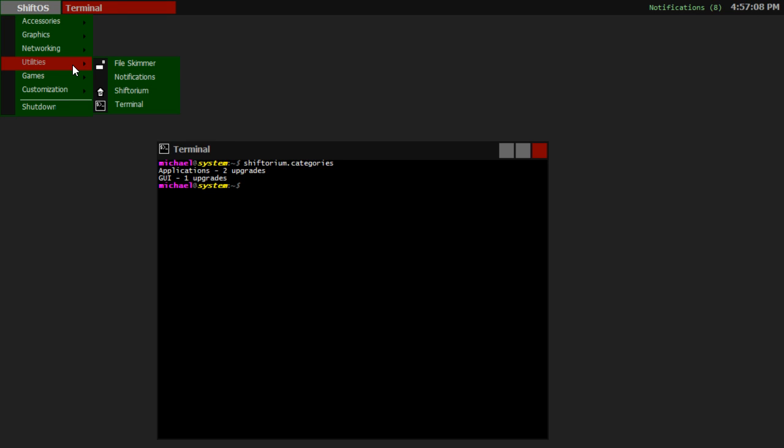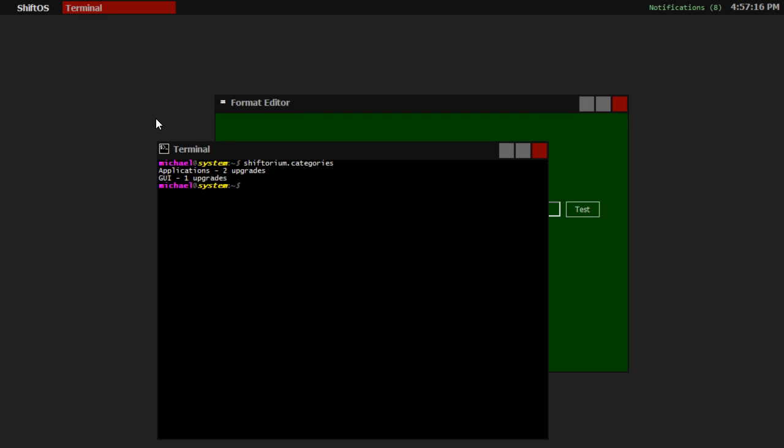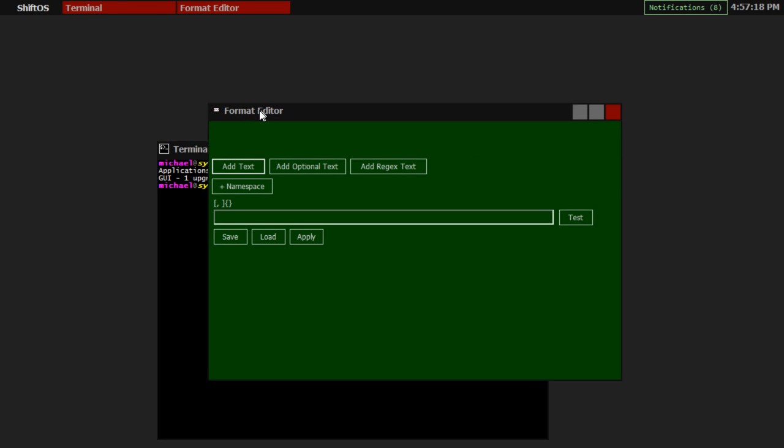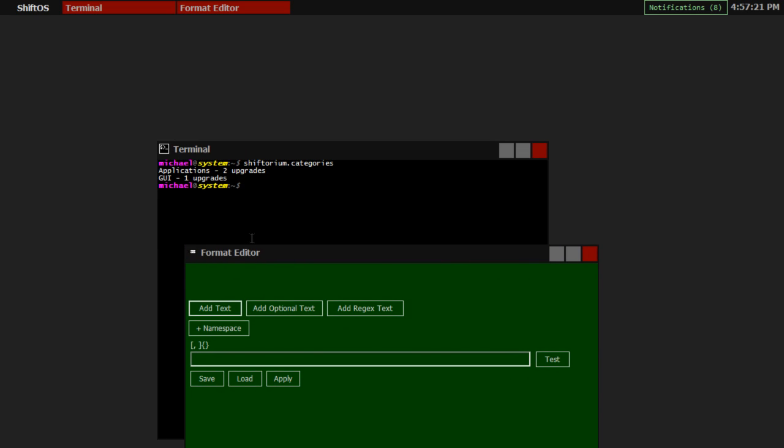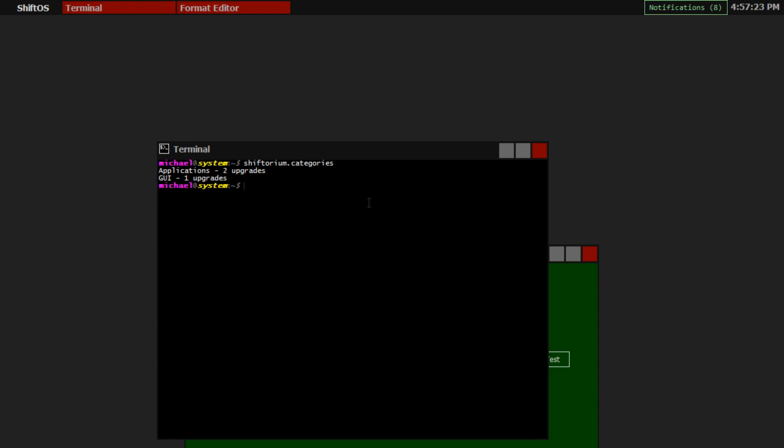If we go to customization, we now have the format editor in the list, and if we open it, the format editor was created by ShiftOS developer PFG, and fun fact, she has been with us since 0.0.x, so yeah, she's pretty good with ShiftOS. But let's note our current